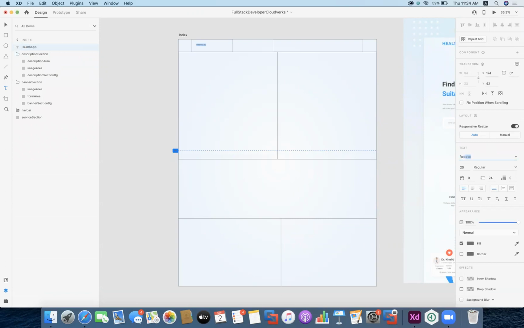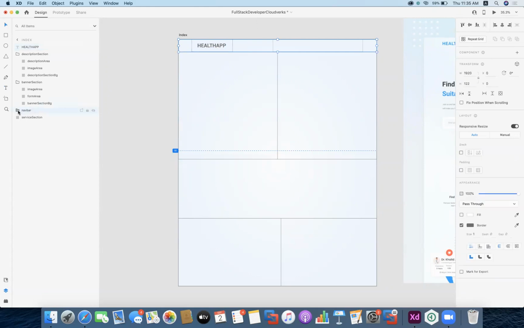Let's say I'm going to use Roboto for my designs, bold. Size, we can keep it to, let's say, 50 in order to increase the size. You can match up accordingly. I can also call it health app, somewhat like this, and I'm going to adjust it. I will be able to adjust it accordingly when I set it up in the proper